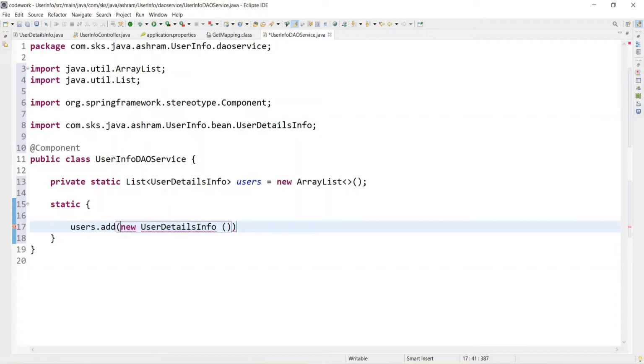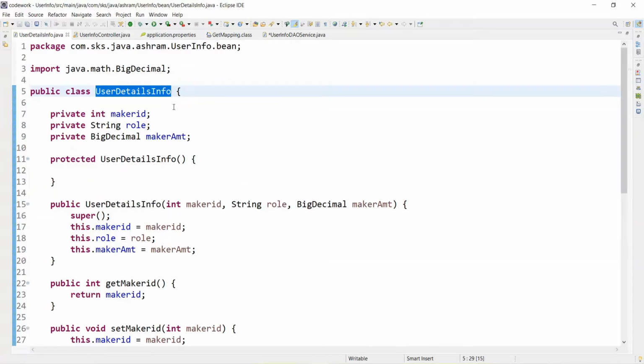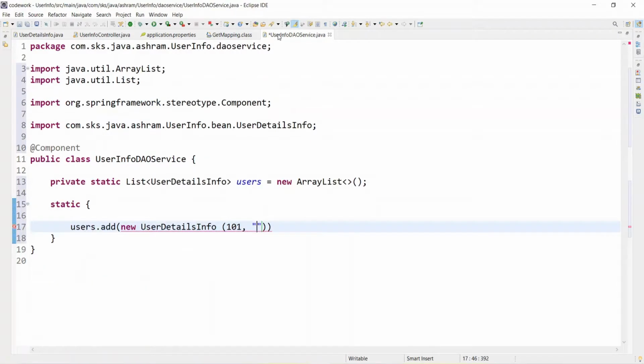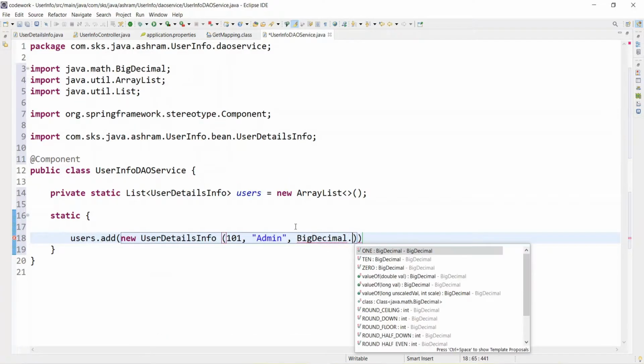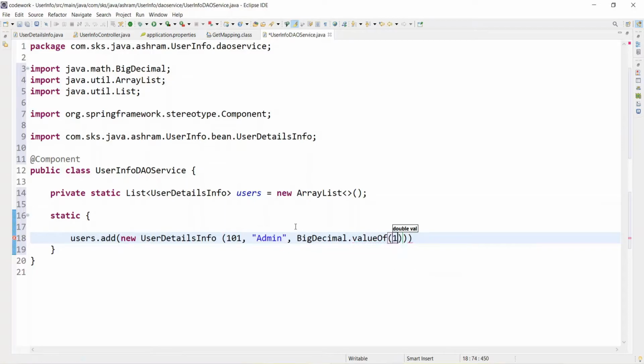So let's say 101 comma, second is the role and the maker amount. So the role is, let's say, admin, and thereafter is the BigDecimal amount, so BigDecimal dot valueOf, let's say, 123.56.